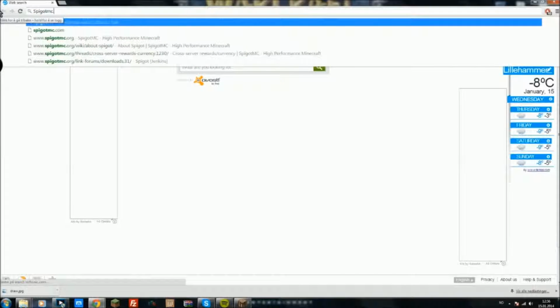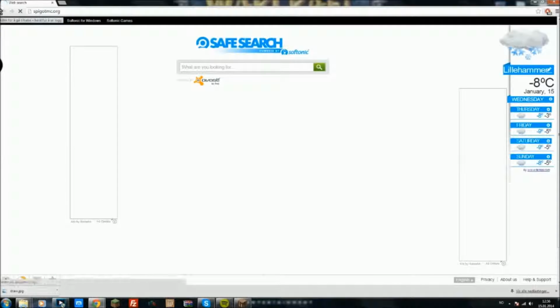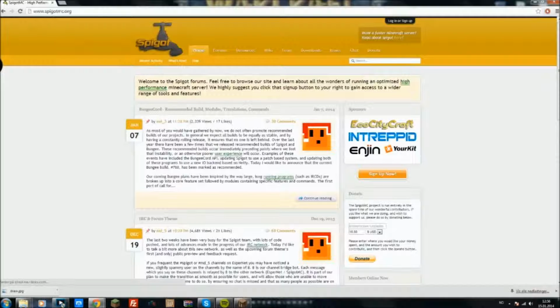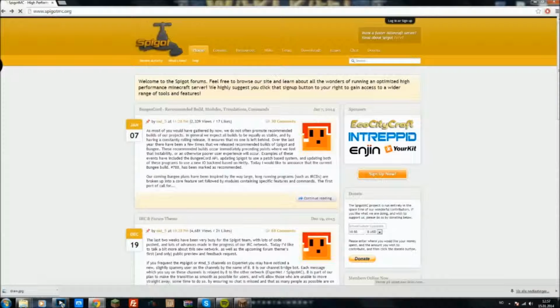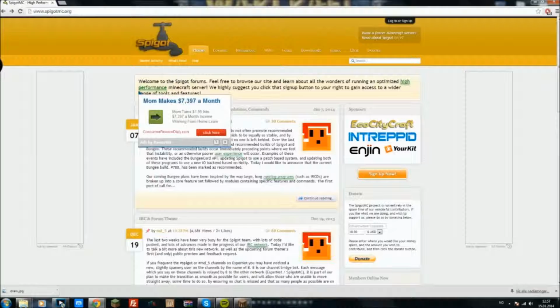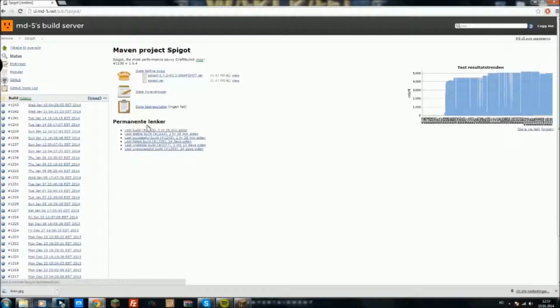So go to spigotmc.org. If you don't know what Spigot is, it's a better version of CraftBukkit. If you want to run a lag-free server with a lot of RAM, etc., then I would suggest you download Spigot. So, when you're on spigotmc.org, you head over to the Downloads button, and in the Downloads